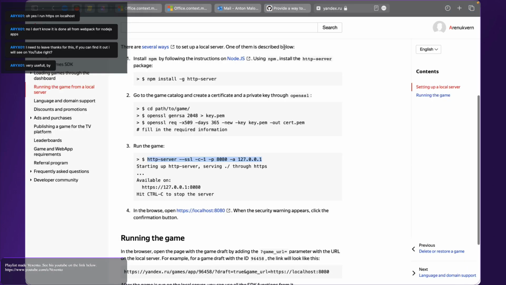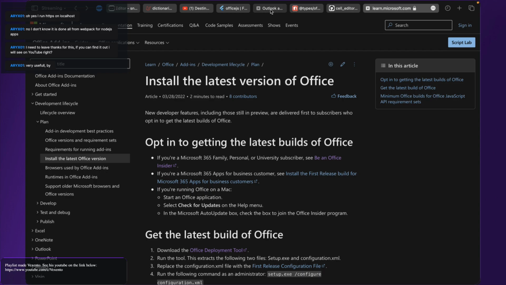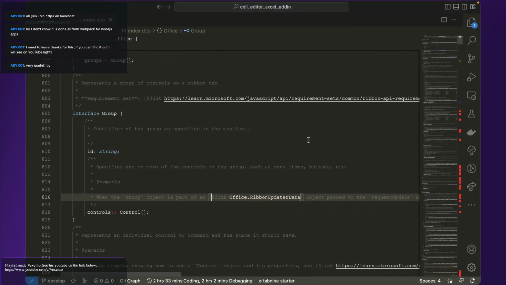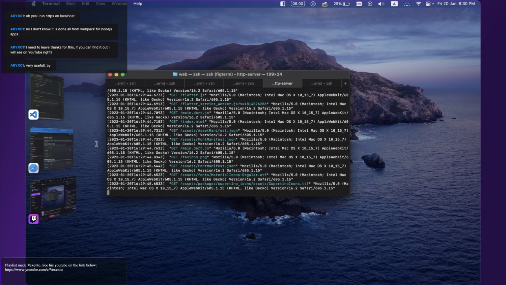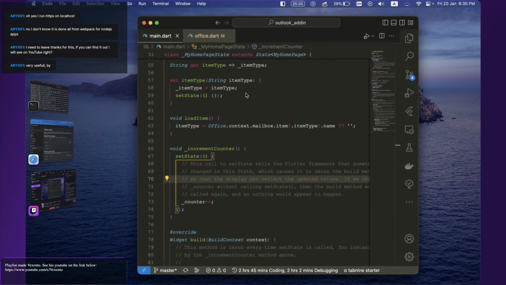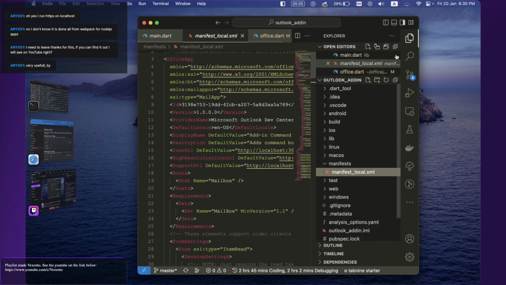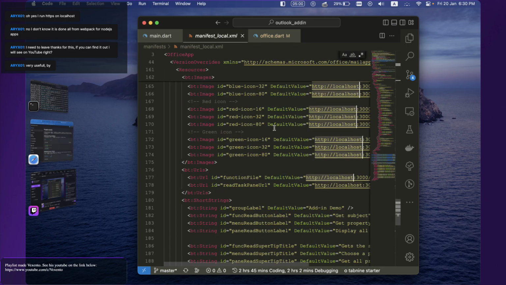Okay, at least it's loading. Now I need to change manifest to use HTTPS,